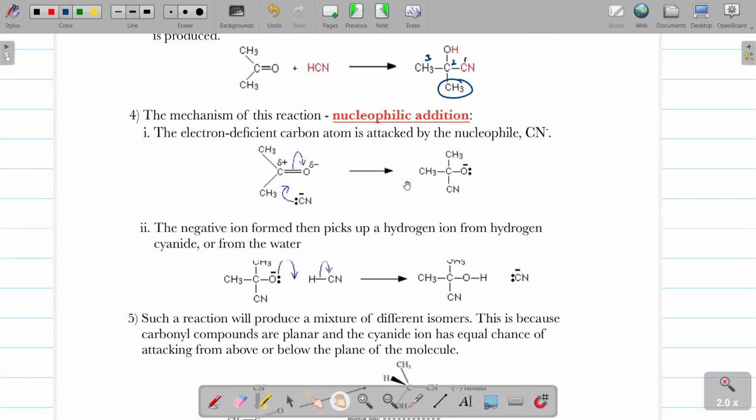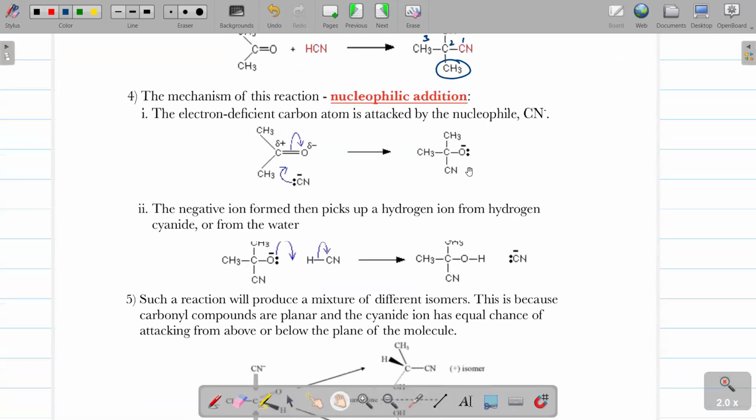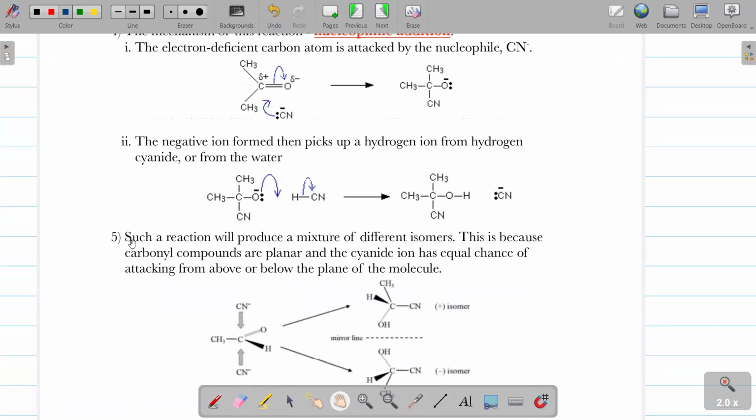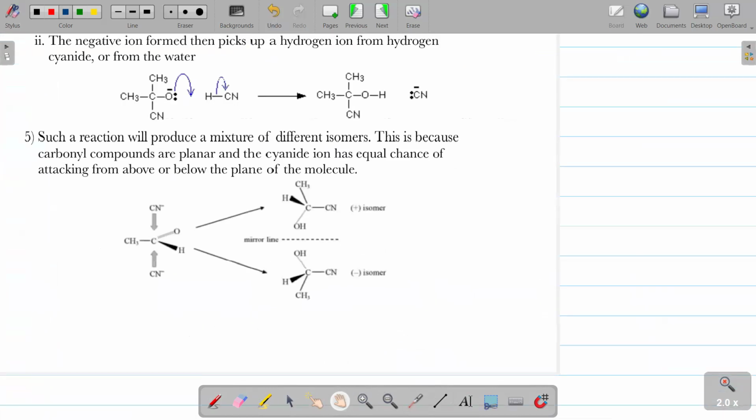So CN goes to the carbon and we get this negatively charged oxygen. This anion takes a hydrogen either from another HCN molecule or from water, which is present as a solvent. And we get this hydroxynitrile product, right? This is not part of our syllabus, but let's see it here as well. Actually, they are explaining that if you look at the carbon, right? So the carbon is bonded with oxygen,